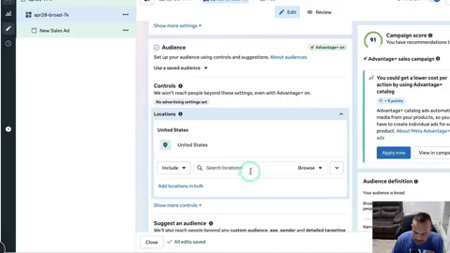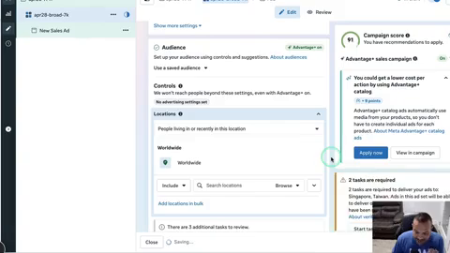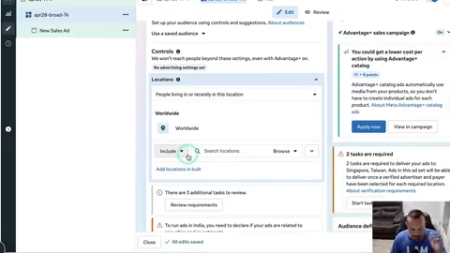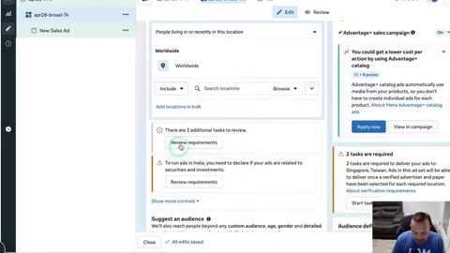We're going to go to location, browse, and I'm going to select all countries. Now, guys, listen to me on this part, okay? Because this is different for different countries. Here in the U.S., we have, like right here, 3 additional tasks. It wants me to do some verification for other countries. One of them is India, one of them is Singapore, and the other one is Taiwan. I don't want to do that, because I don't want to take a chance and gamble my account